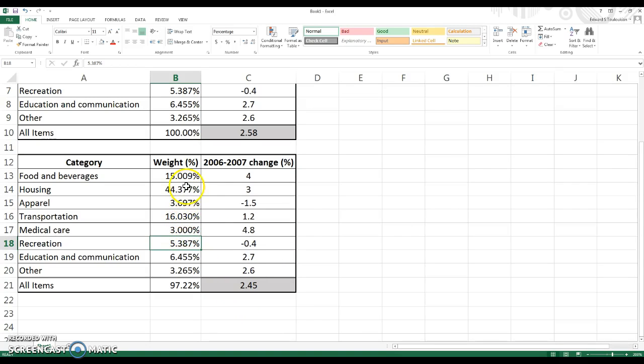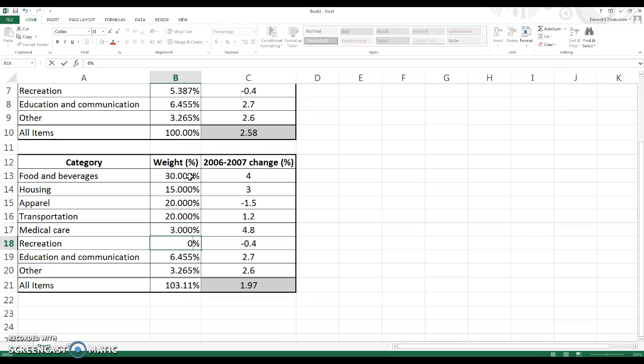Okay, that's going to change my weighted average because I changed that number. Okay, so maybe my housing, maybe I have a really cheap apartment. I only spend 15% on housing, but I eat a lot. So I spend 30% on food. Apparel, I love to buy my clothes. I spend 20% on my clothes. And let's see, transportation, let's say 20 as well.